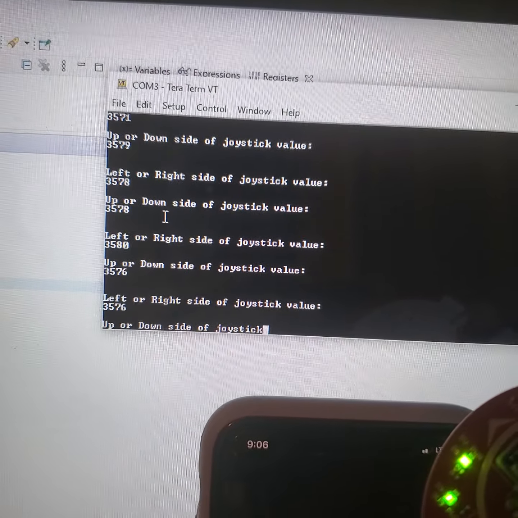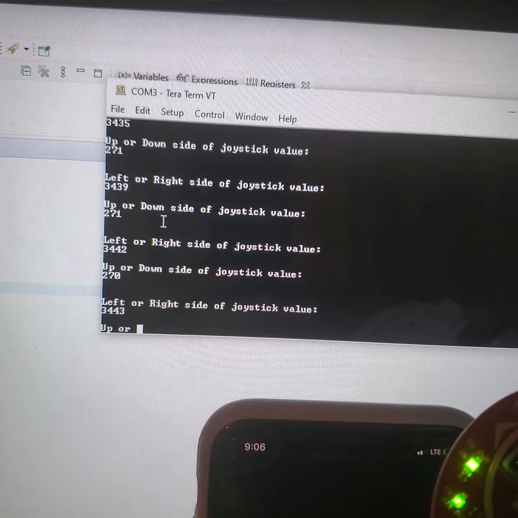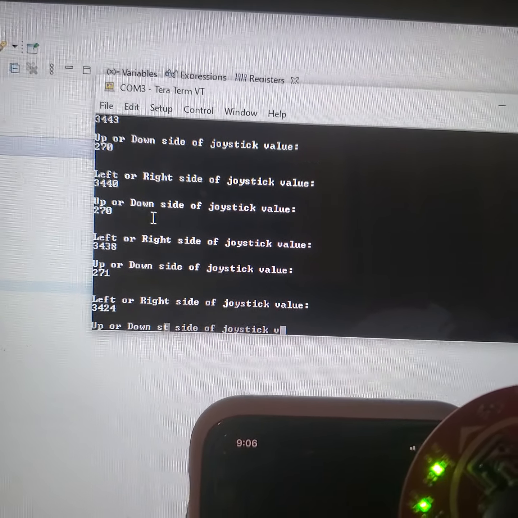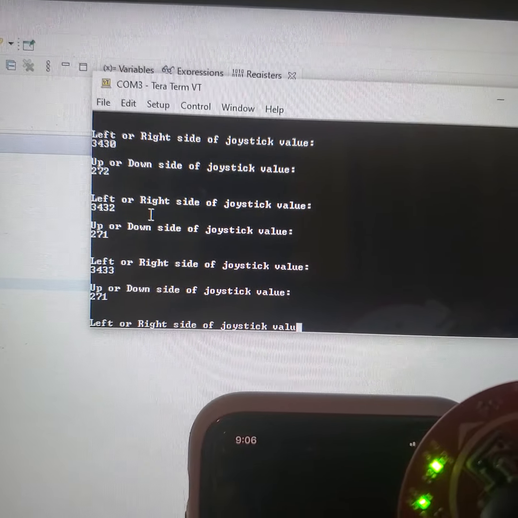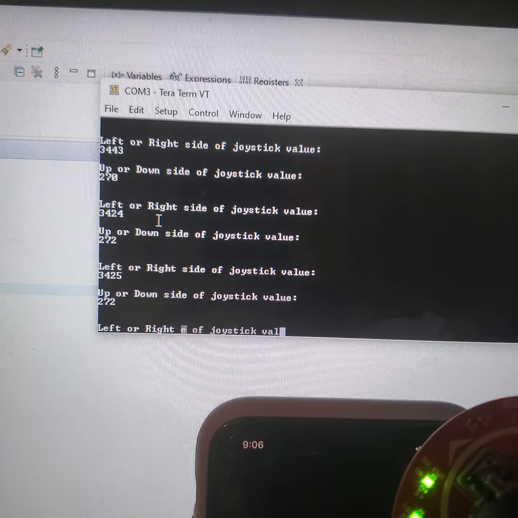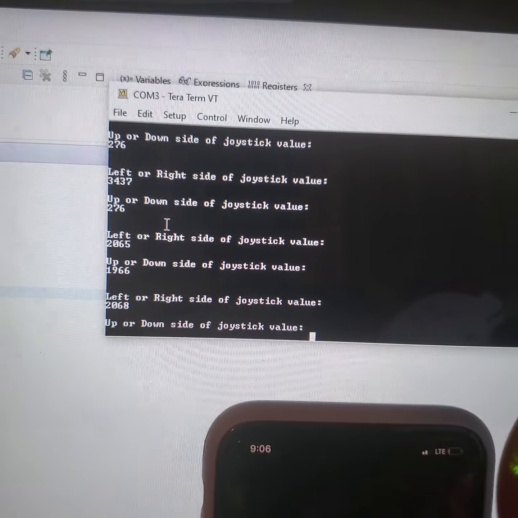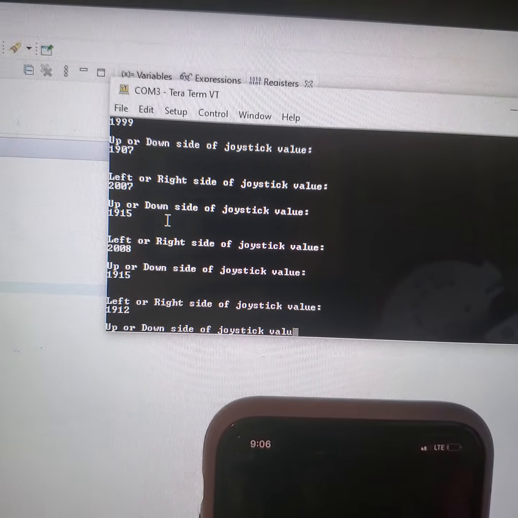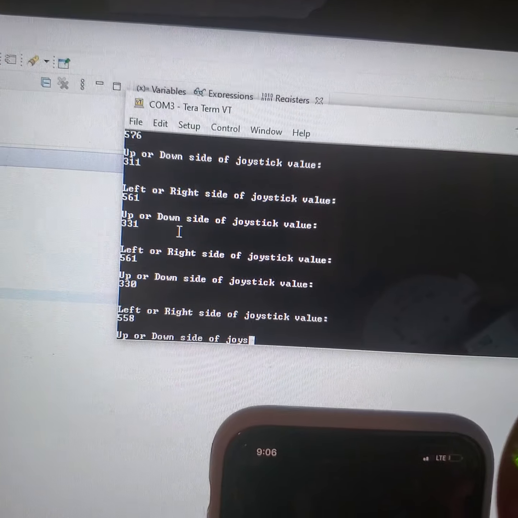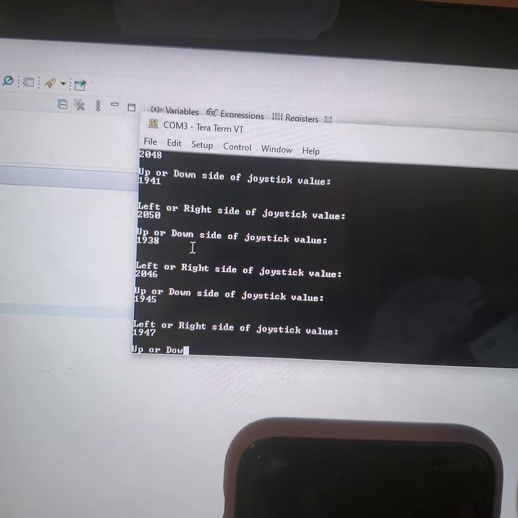And then if I go southeast, the x is staying around the maximum range, but the y coordinate is going down significantly to like 200 and something. Now if I do southwest, both values have gone down significantly, not to 0, but to like the 300 to 500 range. And when I go northwest,